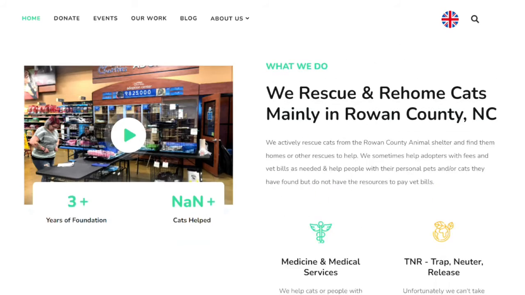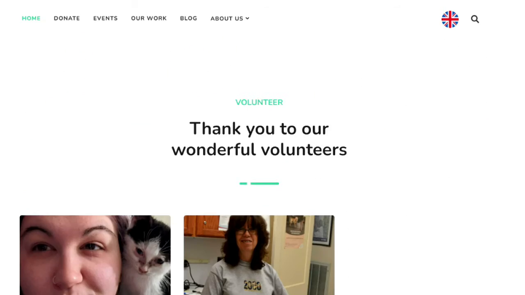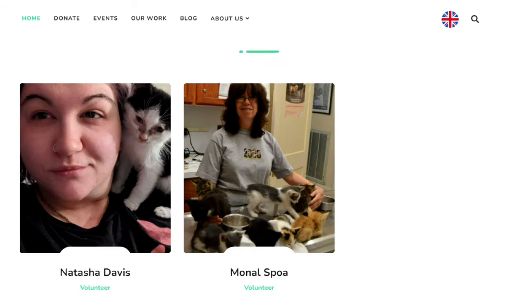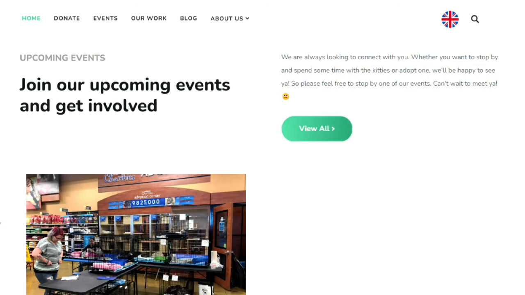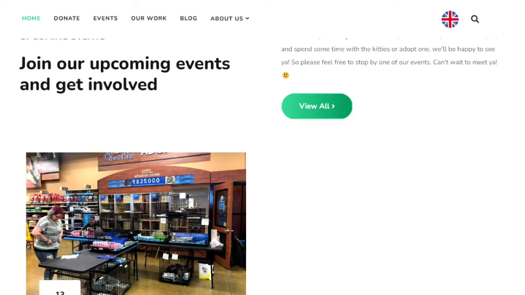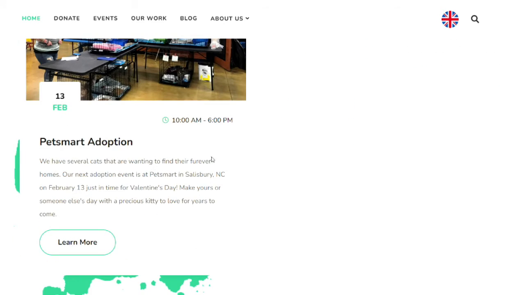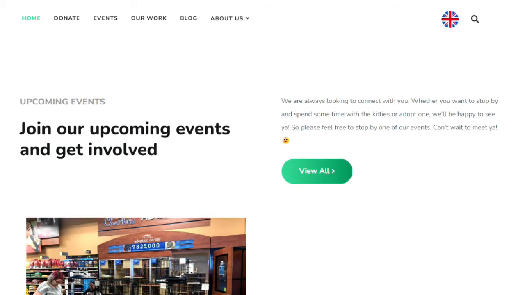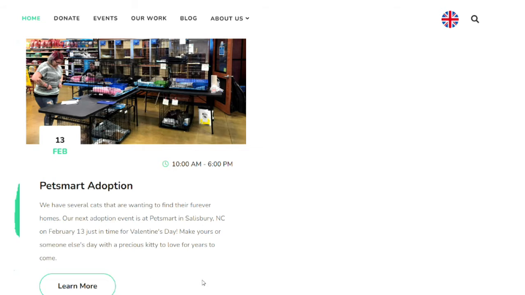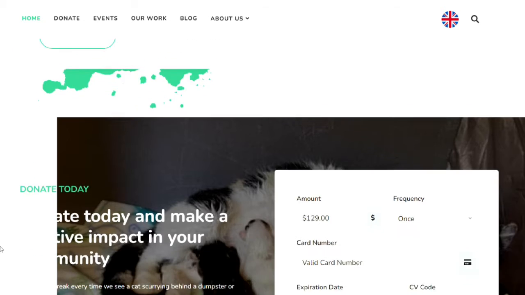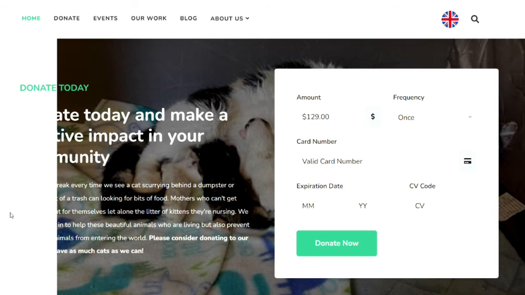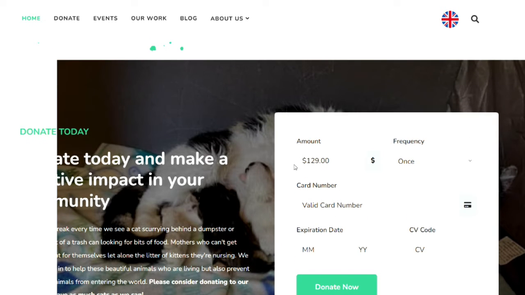So you come down to this section. There's more information, more value. They get to see you, meet you, and all this is building relationships. Here you can see your upcoming events. This works kind of like the donation section. You can put in more events here as they come in, so that they can plan to attend those events. And then at the bottom under that is a general donation section